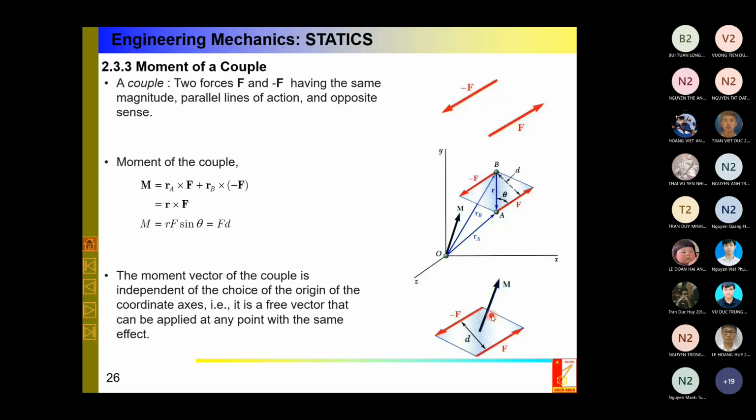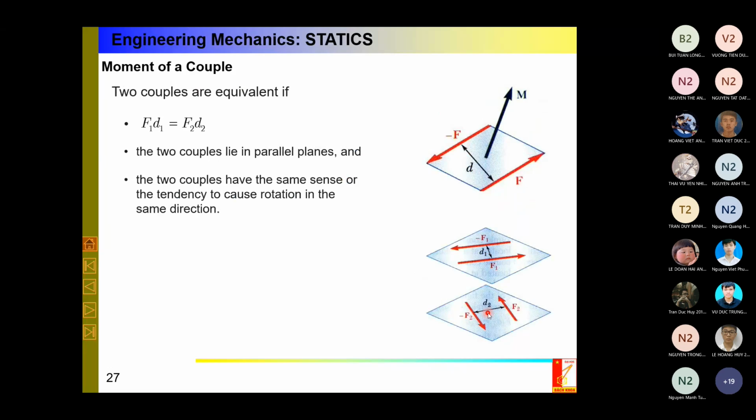Where is the point of application? You see that the point of application can be anywhere. This vector can be kept anywhere, only it should be parallel to this direction. So in this case, I say that the moment of a couple is a free vector. This free vector can be applied at any point on the body, because you are speaking about force system theory. Okay, so pay attention that this couple is a free vector. It means that I can move this vector anywhere, only the magnitude and the direction unchanged. It is a very nice thing. Okay,